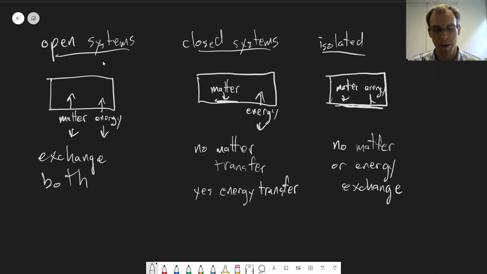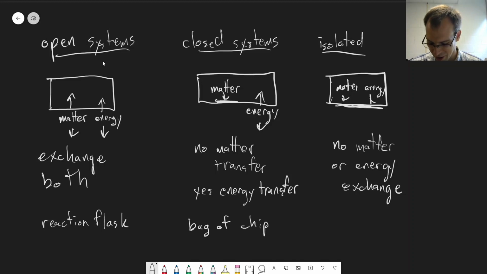Okay, so hopefully you took the chance to pause and think about this. The open system, fairly straightforward, reaction flask, whatever, something that's opened in the colloquial sense of the word, right? There's no container that it's inside of. A closed system may be like a bag of chips, right? Could be a closed system. The air won't escape until you open it, right? That's sealed. Or just anything where you can put a lid on it, but you can still heat it up and cool it down. And then the isolated system is maybe the trickiest one.